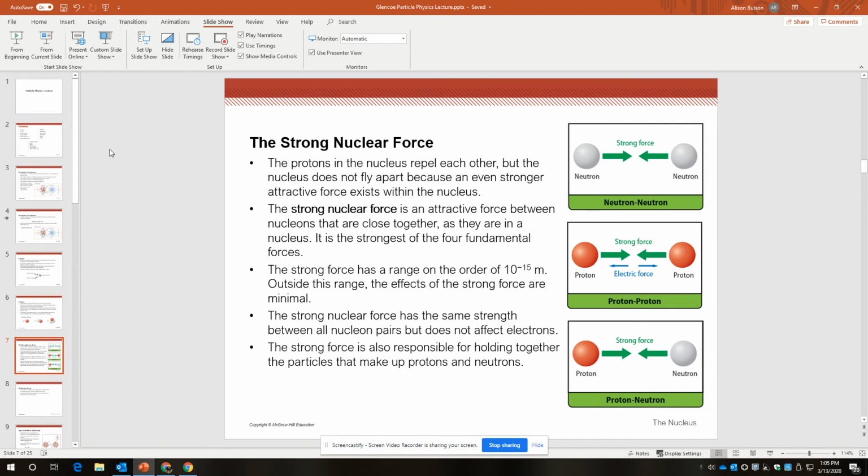So that just means that neutrons and neutrons are attracted to each other by the strong nuclear force. Protons and protons are attracted to each other by the strong nuclear force. And protons and neutrons are attracted to each other by the strong nuclear force. All of those